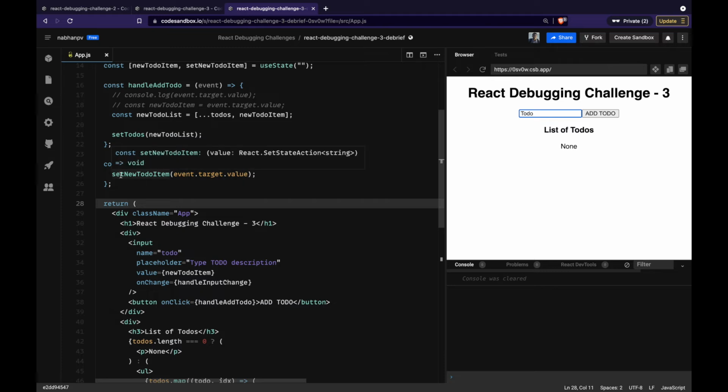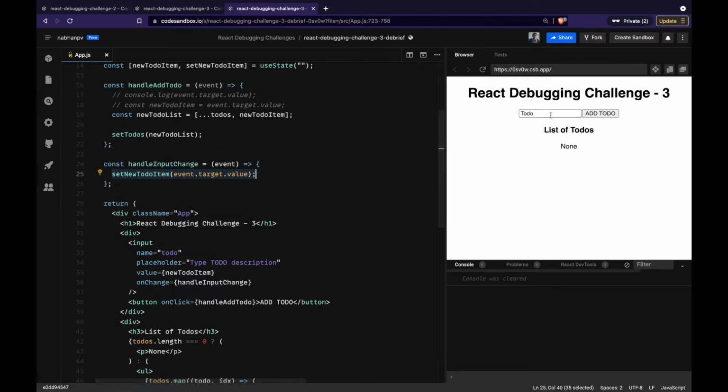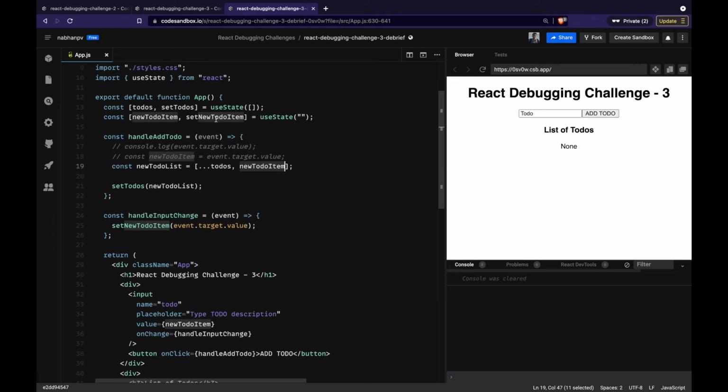Now that we are storing the latest typed value of the to-do item in here, let's use this newTodoItem instead. So we'll store that itself, which has the latest updated value of the text entered in the input bar. If the customer clicks on add to-do, we want to add the new to-do item state's current value to the already existing state. I'll use the destructure syntax to create a new array and update my setTodoList. Let's see if that works now.